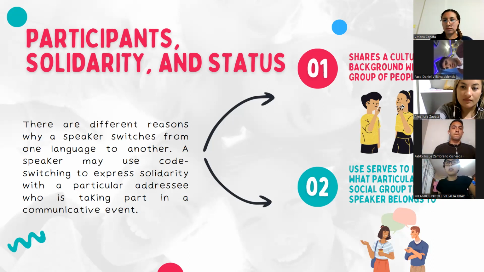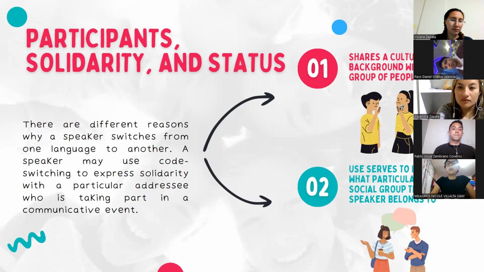and words. For example, in a group of people, someone is talking in English, and a third person arrives, and then suddenly they switch to Spanish to interact with the third person. That means sharing a cultural background with a group of people. Then we have use that serves to identify what particular social group the speaker belongs to. So this aspect of language use serves to identify what particular social group a speaker belongs to, or what his social identity is. For example,